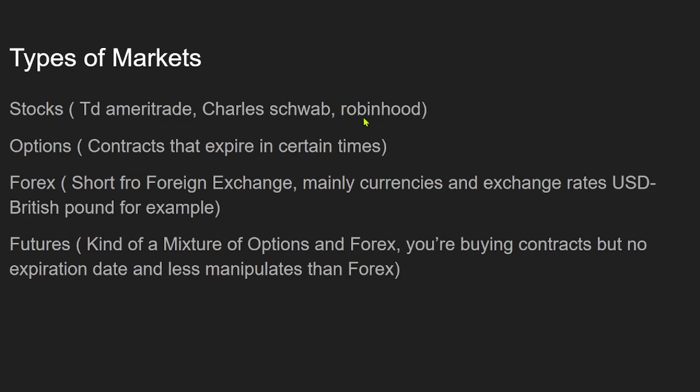So, stocks are typically more of a long term buying and holding for a longer time and then selling at a later date. Options is kind of similar, where you're buying contracts that actually expire in certain times. So these you might hear a lot of people talk about. Oh, I trade options, right? So there's tons of lingo that goes into options alone, and we won't get into that. But the next one is Forex, which is short for the foreign exchange. Okay, this is mainly your currencies.